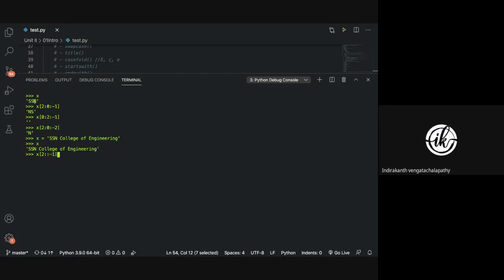I think it starts from n. It starts from 2, the second position, that is n. 0, 1, 2. Then -1. What is -1? Now here -1 is not your ending thing. -1 is your step count.